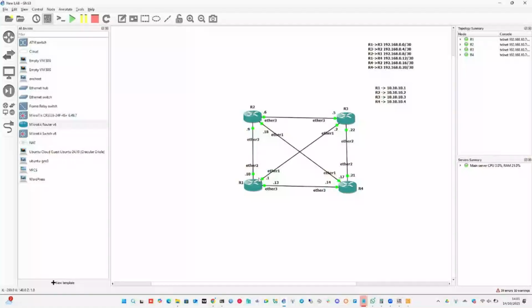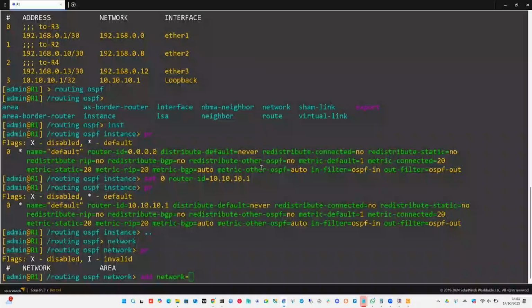What if I wanted to announce it on all the interfaces? That means I will add for Eta 1, Eta 2, and Eta 3. I'll be adding each of them their network, right? Or I can reference the all IP address network, which is